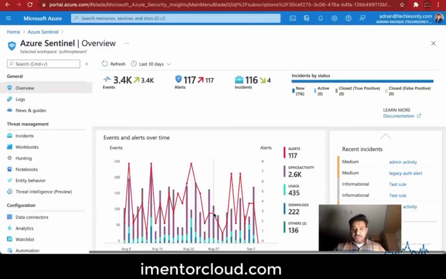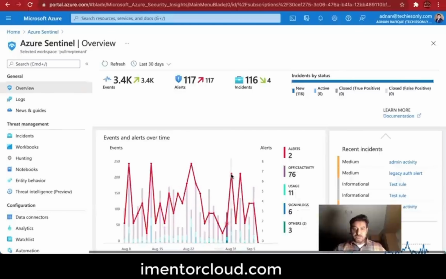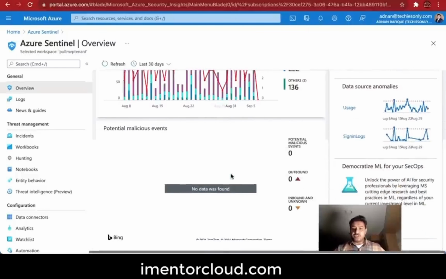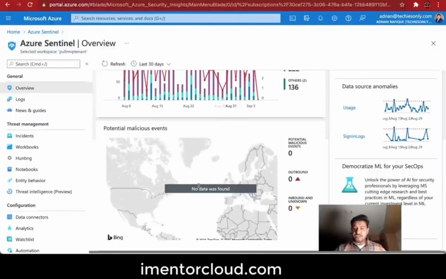Here it has gone down. So if you go back and forth and want to look at the alerts themselves, the chart is real time and will give you the data accordingly, right? Potential malicious event, I don't see anything here. Nothing has been found, because this graph or map is very useful,